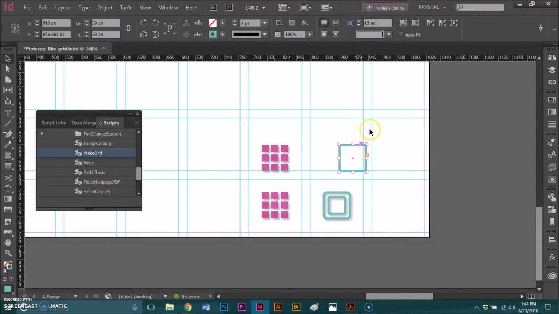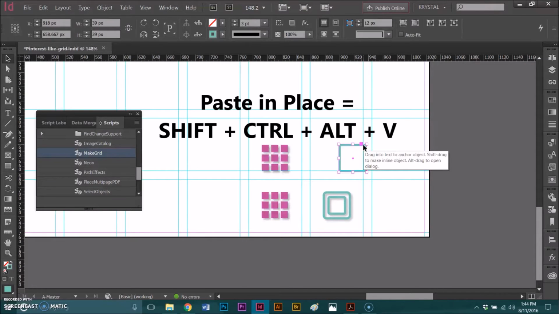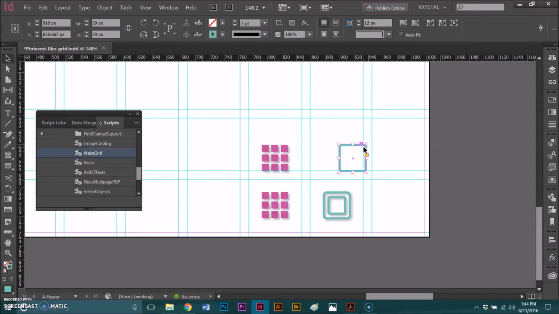So while this is selected, I will hit Control C and copy that square, and to duplicate the square, I'm going to hit Shift Control Alt V, and that helps me to paste the square in place. So even though you don't see anything happen, I've actually duplicated the square and it is pasted right on top